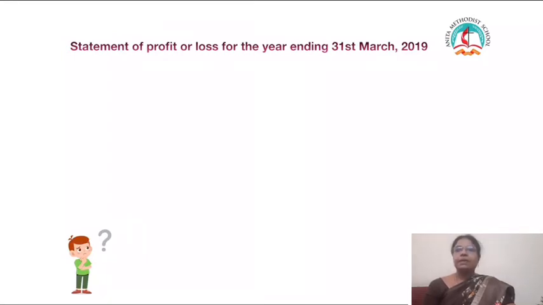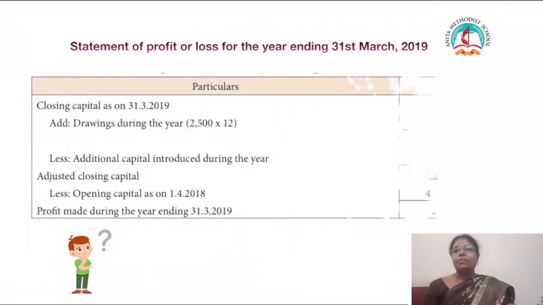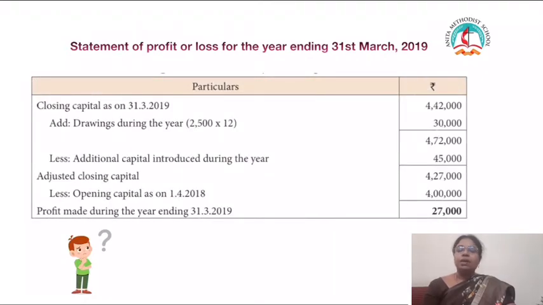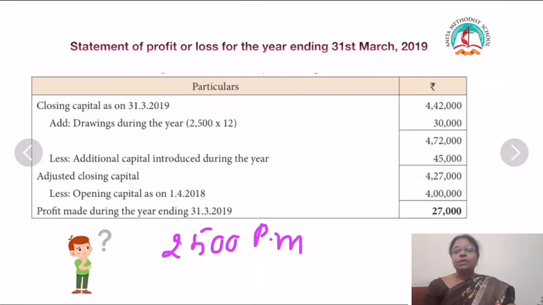Closing capital we have calculated as 4,42,000. Along with that, you have to add drawings. So drawings made during the year, it's given as 2,500 per month. So now you have to calculate for per annum. So 2,500 into 12, that comes to 30,000. So the total is